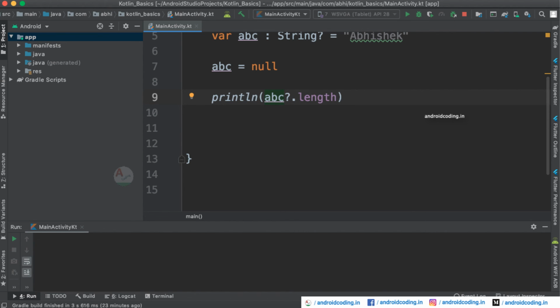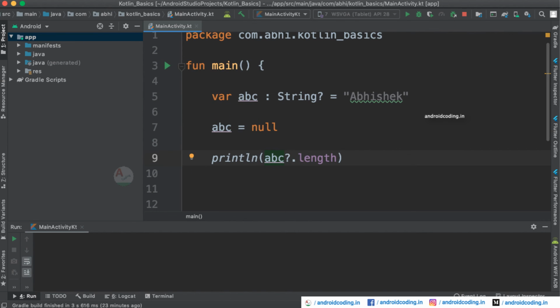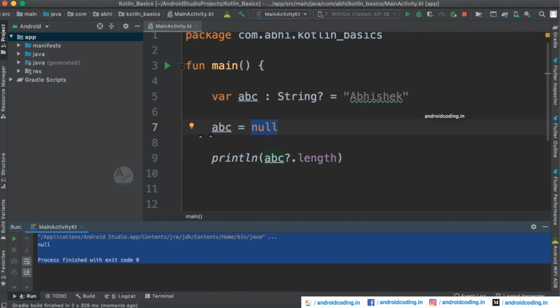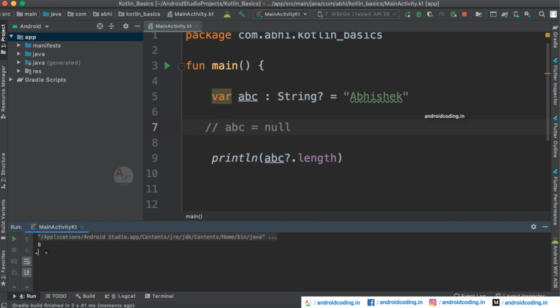Now try to run this code, and here you can see the length is, when we run this we got the null here. As we have declared null as the value for this variable, we just got it here. When you comment the null declaration, you can see we get the length of the word which we have specified here.